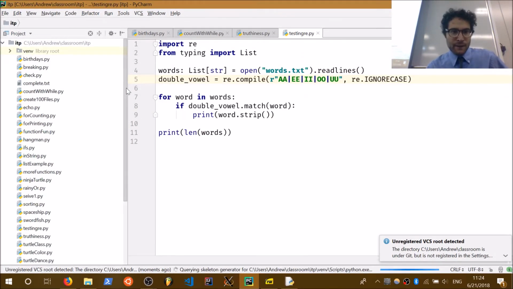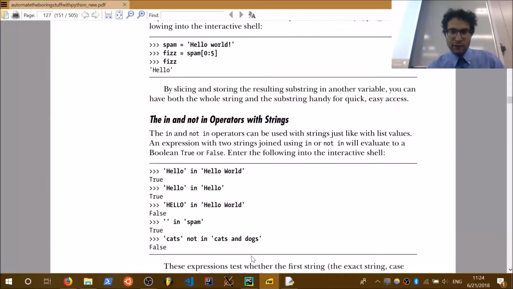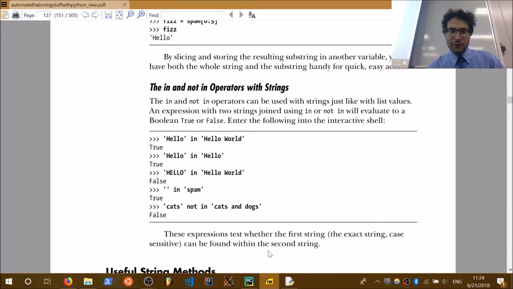All right. So what do we need? Let's go ahead and look at more. We've got all these examples that we can do. We've got hello in hello world. We've got, right, hello in hello world. That's true. Hello in hello. That's true because they're equal to each other. All capital hello in hello world, right? We're case sensitive